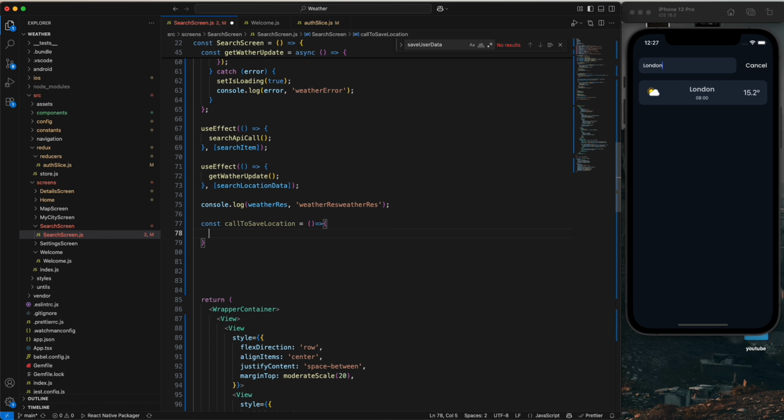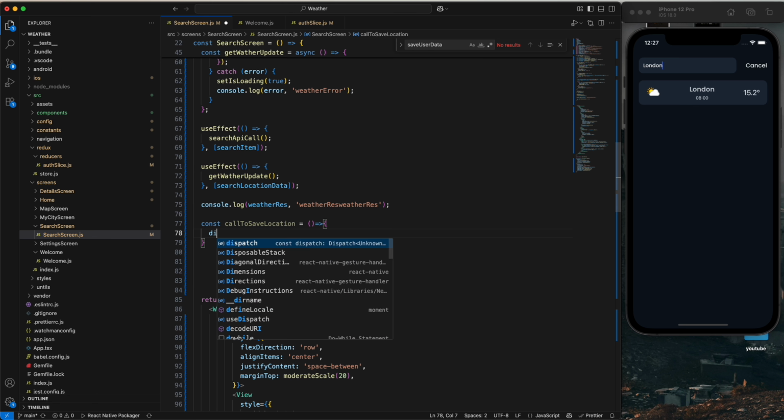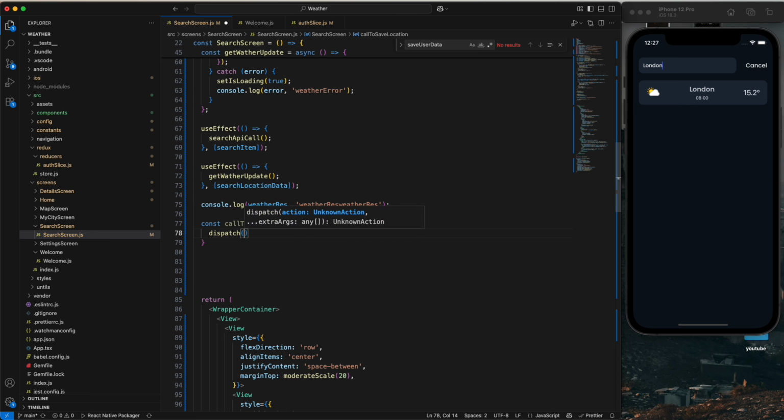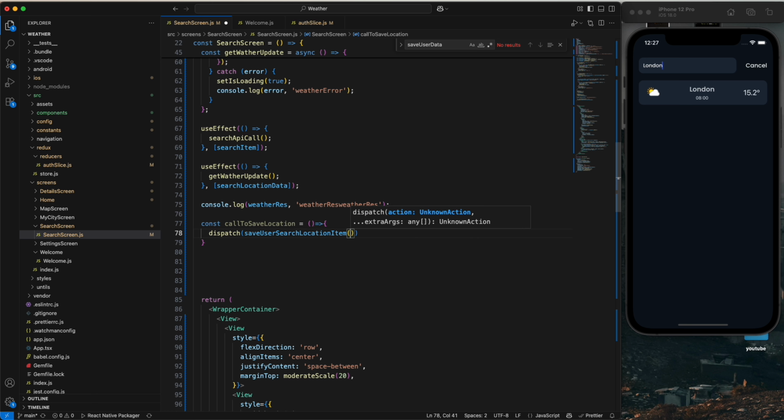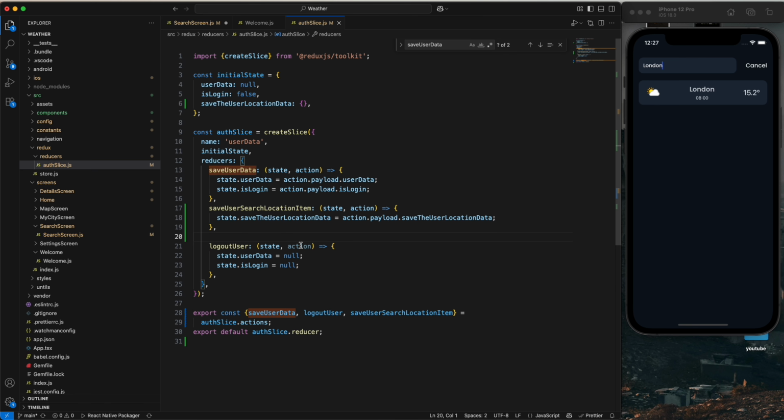This is an arrow function, and we need to type dispatch like this, and just import the save user location item. And then we have a user location item, we have a state. This is the user location data. Just copy this